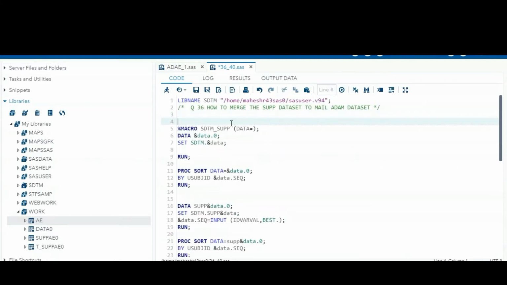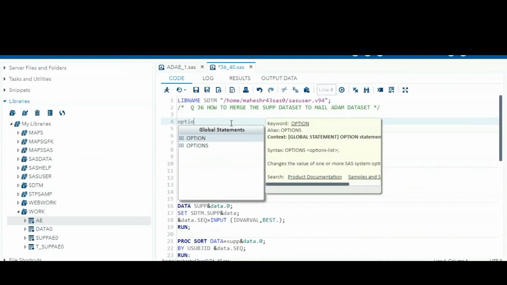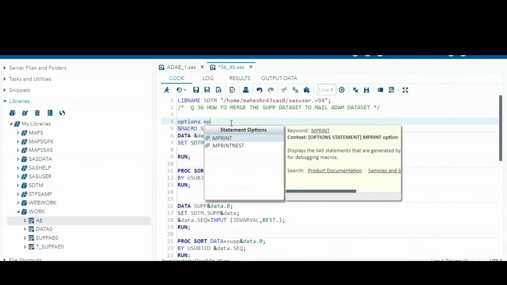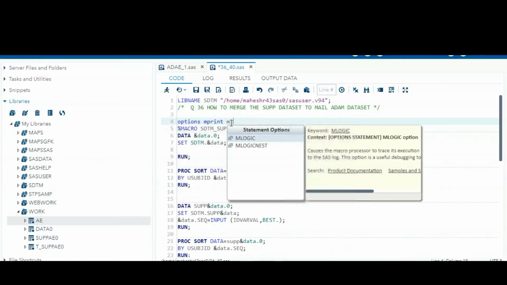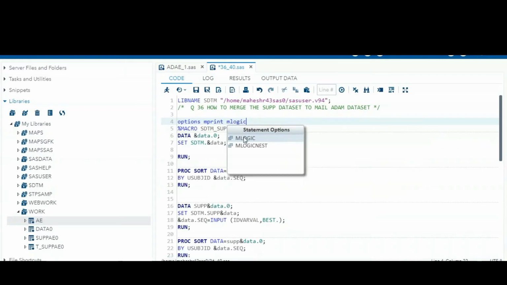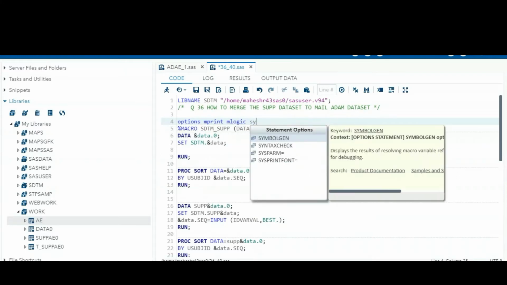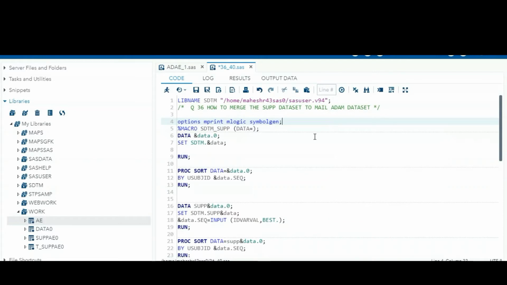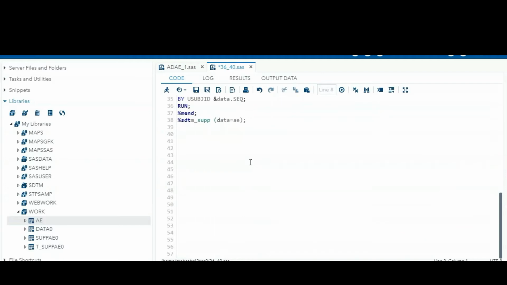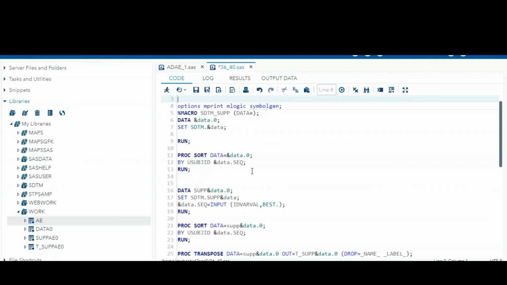If you want to see the macro debugging options, you can write options mprint, mlogic, and symbolgen. Whenever you are executing any standard macro or any created macro, you can write this piece of code so that the macro debugging options show you any errors, warnings or comments.